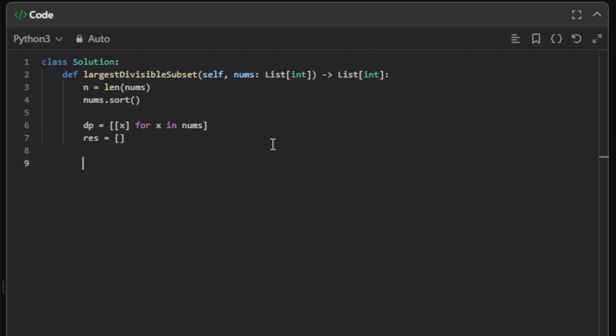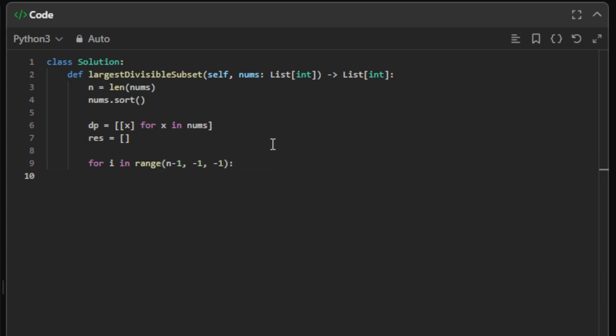Now we want to iterate nums in reverse order with 2 pointers, so for i in range n - 1, -1, and -1, and for j in range i + 1, n, and here we'll say if nums at j modded by nums at i equals 0,